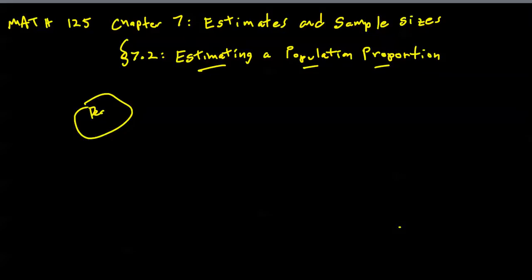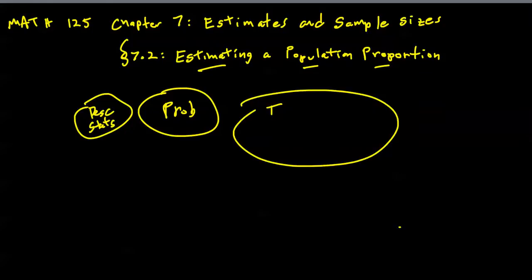Remember, the first part of our course was descriptive statistics, where we use visual devices such as histograms, box plots, etc. to organize and interpret data. The second main part of the course was probability, and as that's now drawn to a close, now we go after the real meat of the course. The real target is inferential